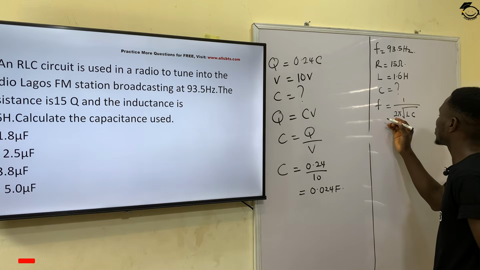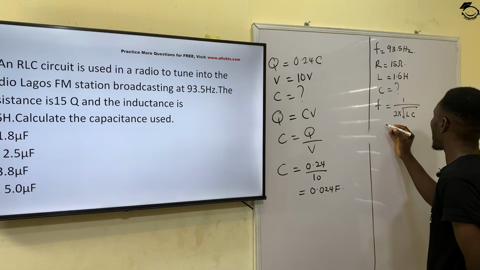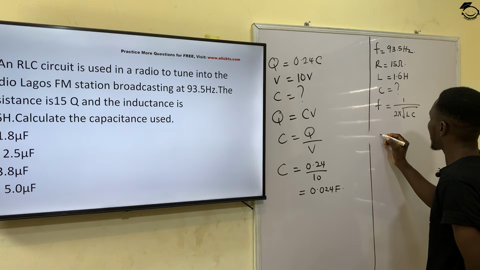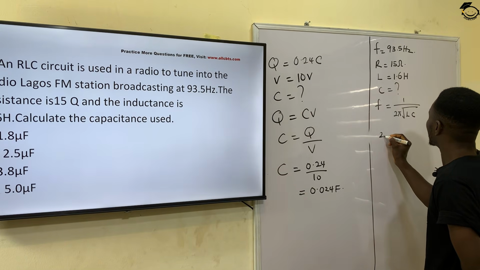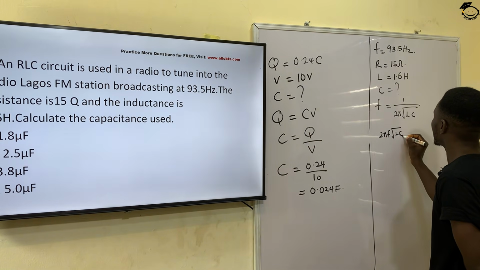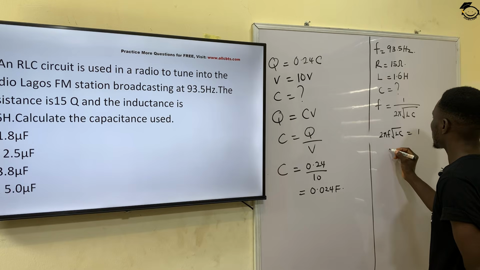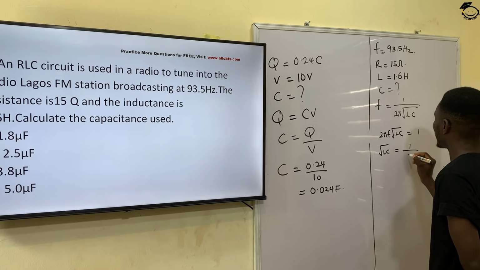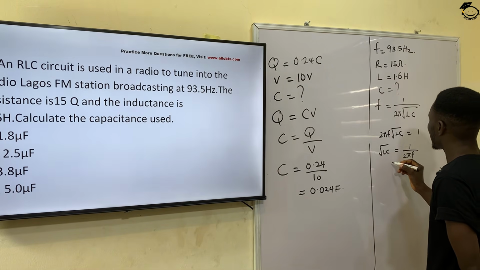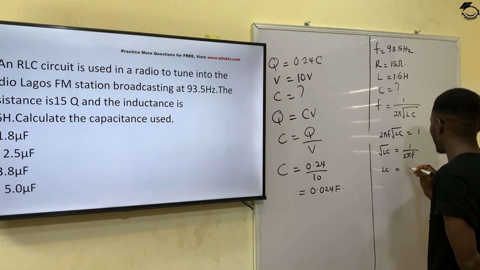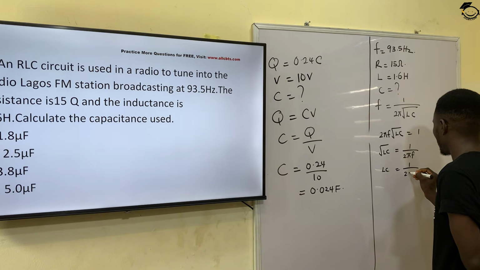First I will cross multiply, and that will give me 2 pi f root LC is equal to 1. This is the same thing as saying root LC is equal to 1 over 2 pi f. So I'll take the square of both sides, which means that LC is equal to 1 over 2 pi f